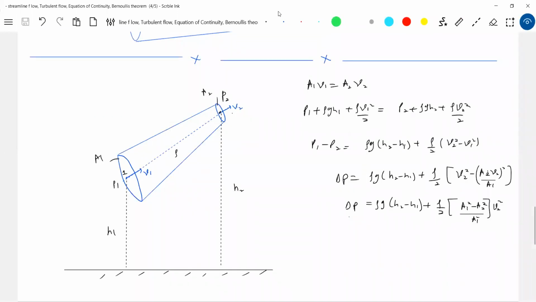This is about when points one and two are at the same horizontal level, or at different levels. So you can take help of this condition. Okay, I agree with this. So